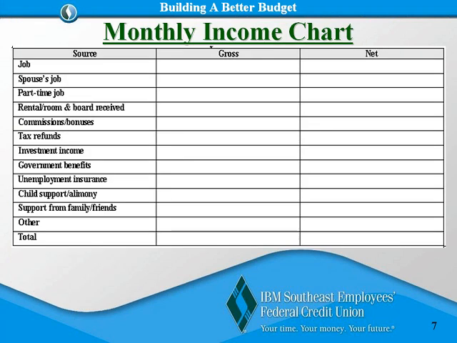To go ahead and help you capture this, we've actually created a monthly income chart for you as well. This is on page 7 of your workbook. If you go ahead and turn to page 7, you'll see that we have included a monthly income chart that allows for you to capture both the gross and net for different income sources that you have within your household. It is very important, again, that you get all working members of the household involved in this process. This will help get a better picture of what the income flow is into your household. This ends up being homework assignment number 3 for you.